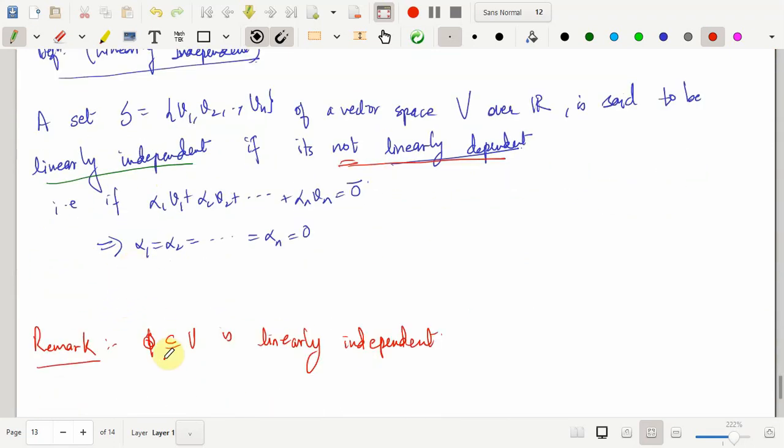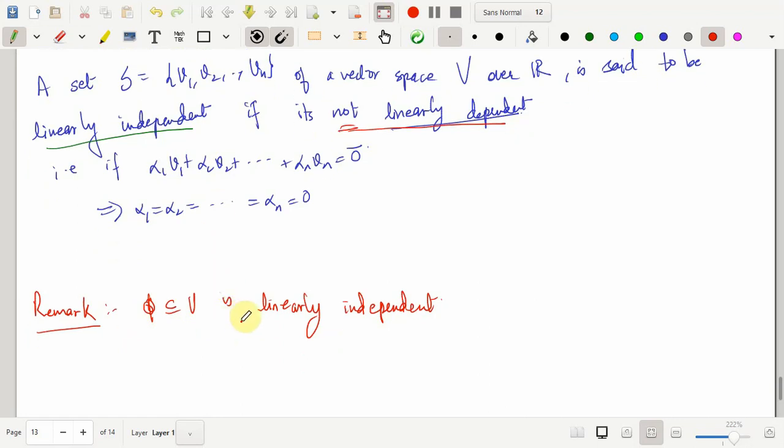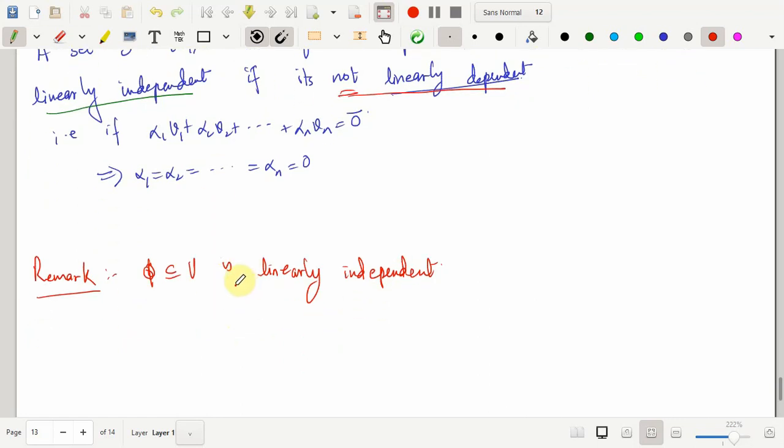Okay. Now the empty set, well, there is no element in the empty set. Empty set is always linearly independent. It cannot be linearly dependent, because for linearly dependent I should be able to find some scalar such that the linear combination of the elements of the set S is equal to 0. So if it's linearly dependent, come on, give me some non-zero scalar such that the linear combination of elements of the empty set is equal to 0. This doesn't make sense, so it is always independent.